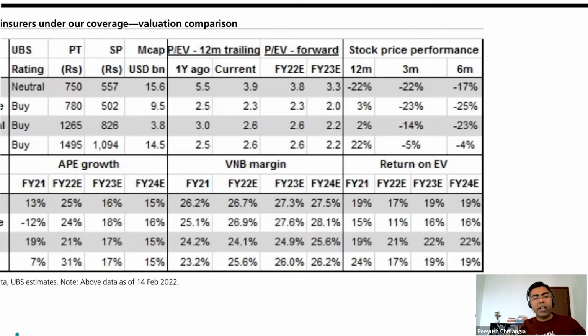And add to that the value you're going to generate in the future. So then you segregate it into value as of now and value that you will generate in the future. That value that you can generate in the future can be added separately by taking the value of new business, or uspe ek multiple, put a multiple on that, which could be, as Saurabh was saying, between 10 to 30. Depending across geographies, across companies, depending on their growth rates, what kind of products they're selling, it'll range between 10